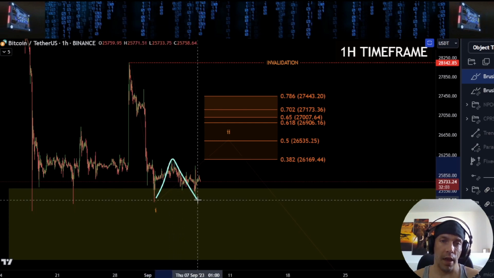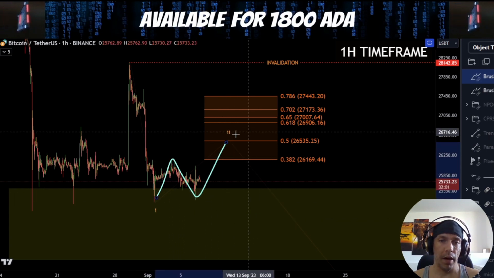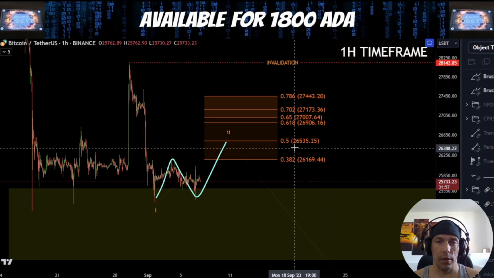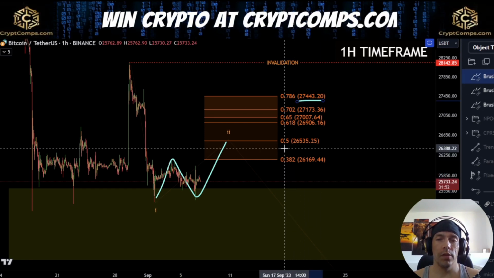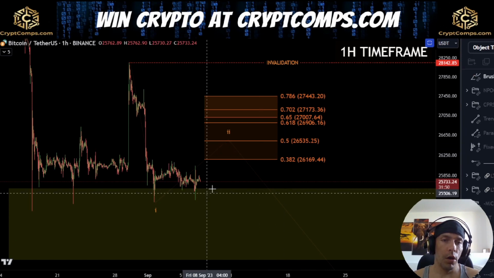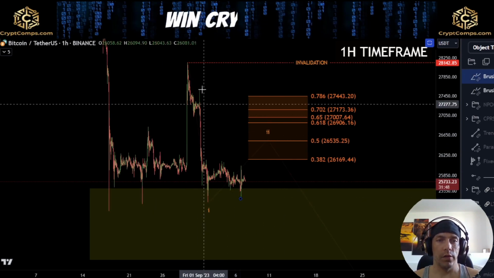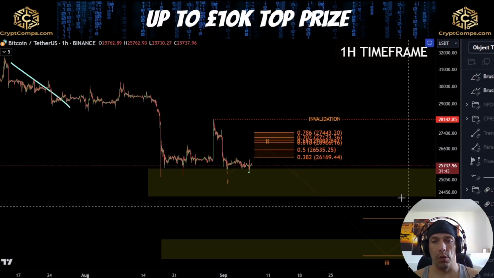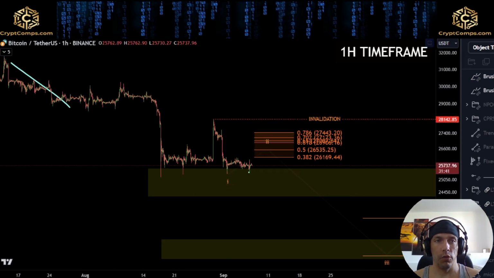If we just get this as A, B, and C, and then we just move back up into this zone here, which would be typically between this 26,535 and the 27,443 level, what we could then see is that this move in itself could become another 1-2 here. And what this would mean then is that we could potentially be looking for a much bigger drop here,